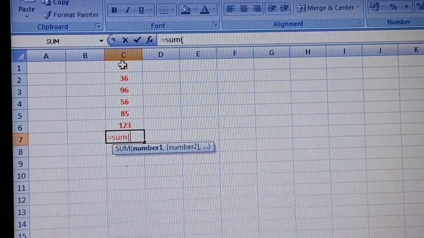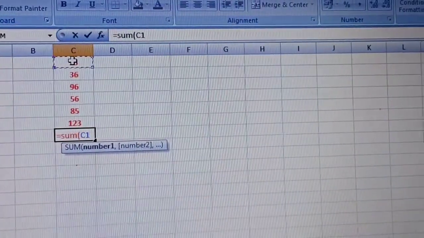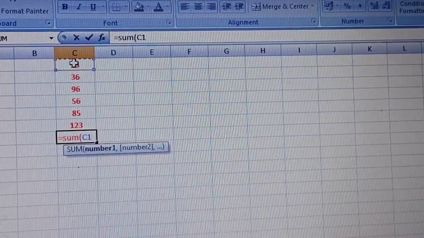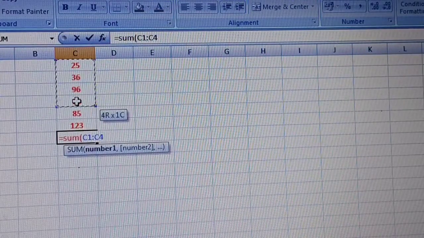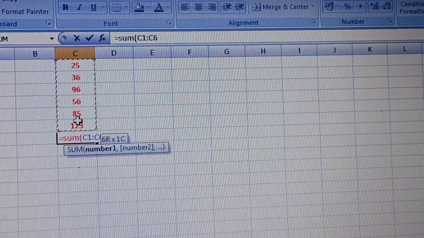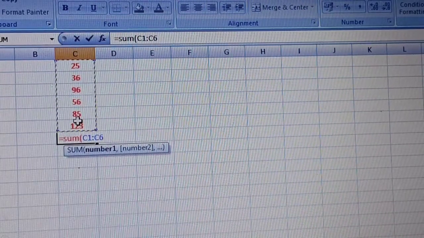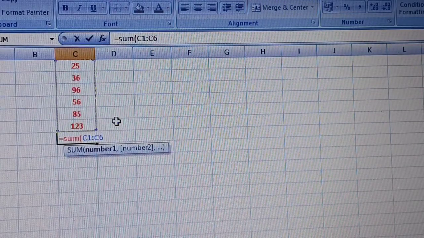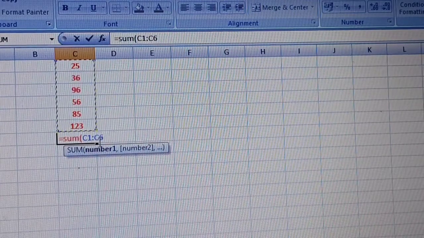You just put your cursor here, okay, and drag with the mouse button. I want the sum of these numbers. So when you drag from top to bottom over the numbers, see, it automatically puts the cell address.